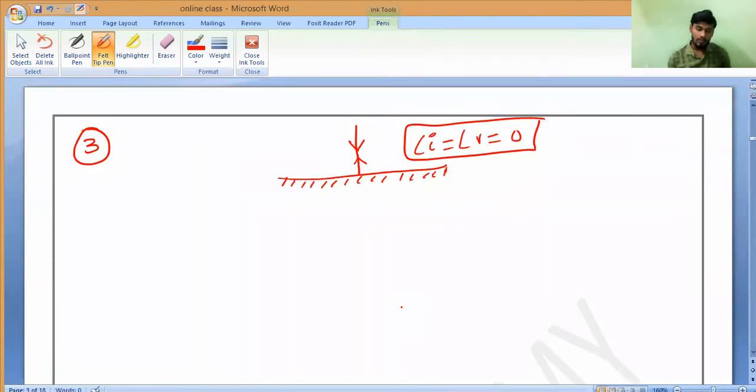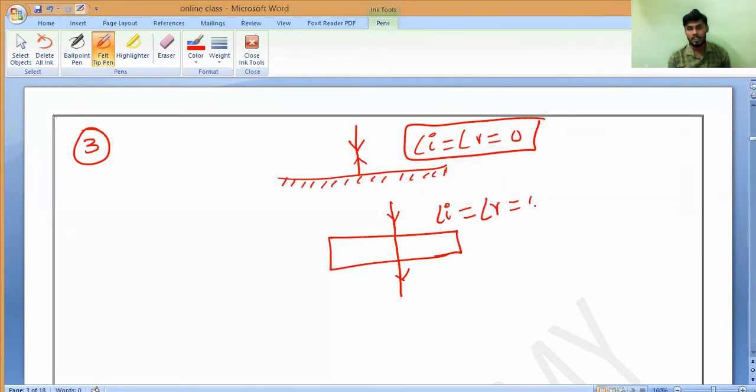The same way, if you have any kind of transparent medium, the light travels from one medium to another, like air to glass slab and again glass slab to air, as I told you in the last class. Here it will go in a straight line. So in this case also, angle of incidence equals angle of refraction equals 0. Correct or not? Yes, sir. The angle between the surface and the incident ray is 90 degrees, and the angle between the surface and the emergent ray is 90 degrees. Do you understand, all of you? Any doubt in this? Please ask me. Yes or no?